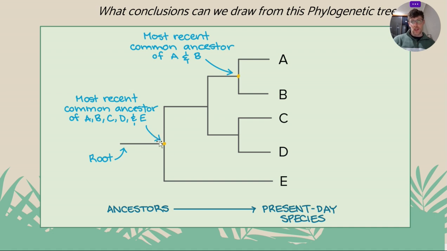We can see here that there was one point where E and then what would become A, B, C and D became completely different. So if we said that this here was F at this point here, we would say that E and F would be sister taxa with each other. We would say C and D would be sister with each other, and then A and B